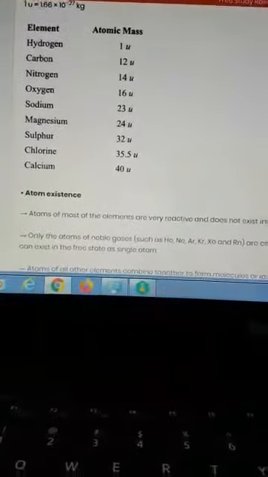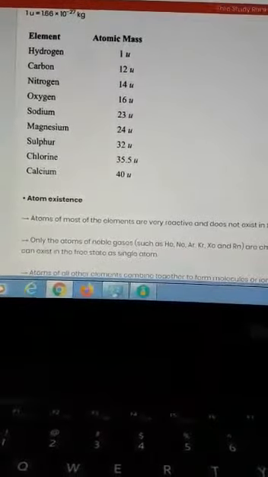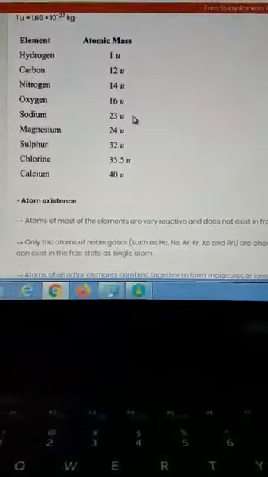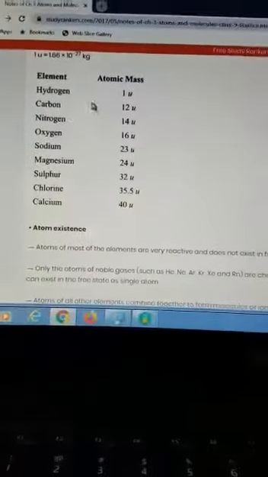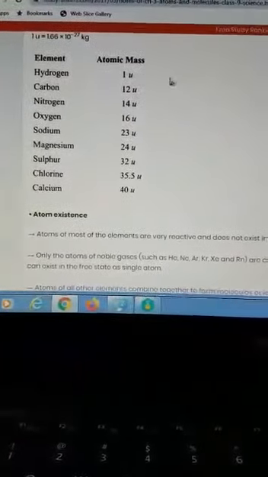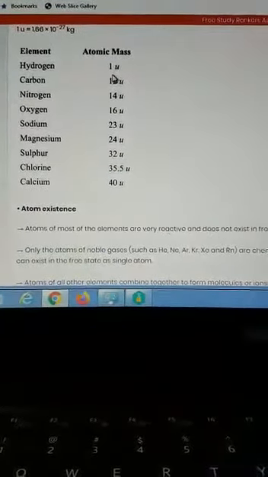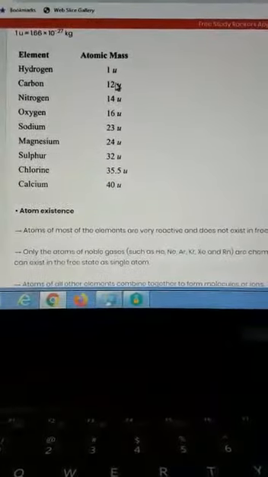So in this way various masses of the elements were found. In chapter 4 you have the elements arranged serially. Those masses you need to remember. These are the masses of some elements, and U is written because the unit is one unified mass, so the unit is U. That means unified mass. Am I clear to you?